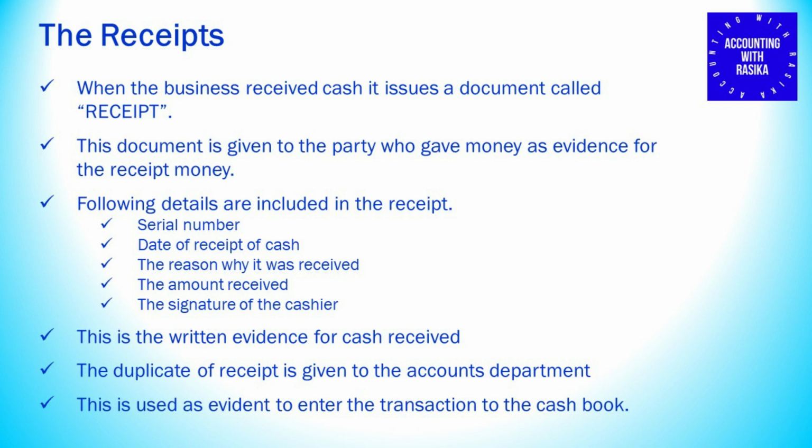It shows that we have received money and we have given the receipt as evidence to the person who gave us money. And receipts are usually given in duplicate or triplicate, so that the original receipt is given to the person who paid and then the second copy or the duplicate is for the accounting department. If it is triplicate, then one copy goes to the department where the money is received, one copy to the accounts department and one original copy to the person who gave us the money. Now this is also used as evidence of transaction in cash.